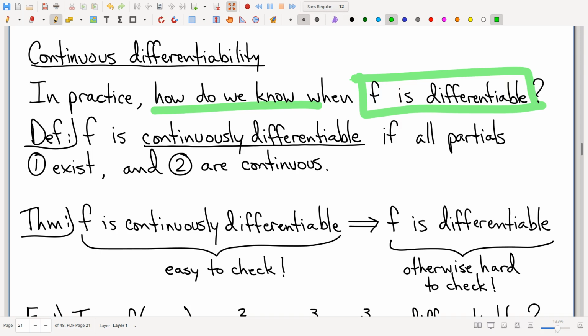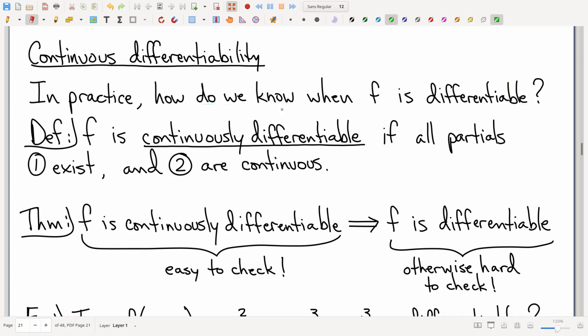If we apply those formulas from the theorems that we're going to be using later on to functions that are not differentiable, we will get garbage answers. Our bridge will fall down, right? Not good. So differentiability is a really, really important idea. And here's the workaround. The workaround is called continuous differentiability,